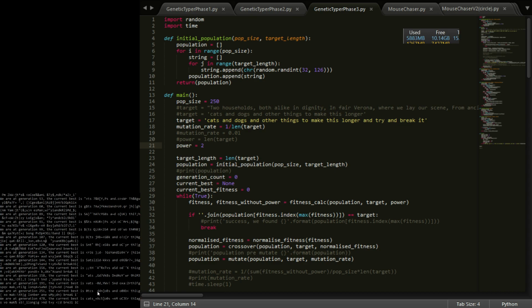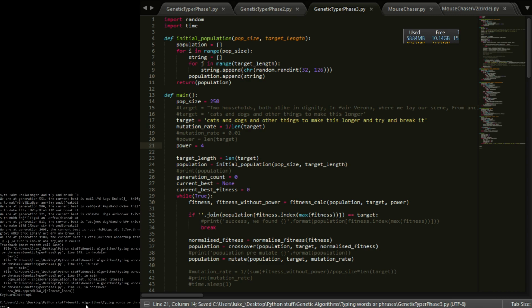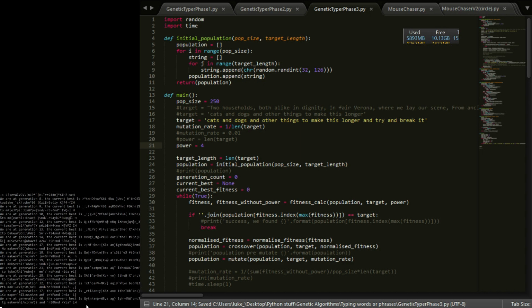Yeah, so you can see it's getting really stuck trying to find this text. The other one got stuck on this text. This one also is with just a square power. It's still making progress, you can see, but it's not really that good. If I up this power to 4 though, let's see if that works. So I'm just going to cancel this. If I up the power to 4,